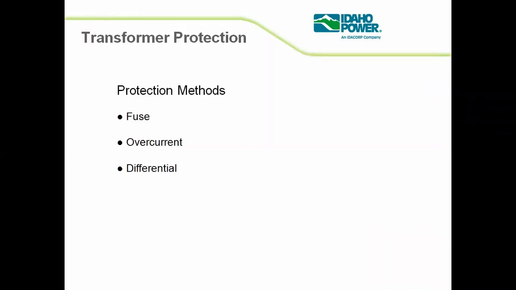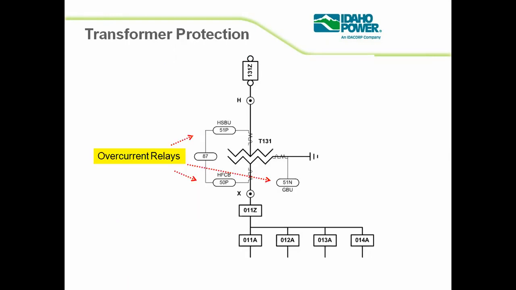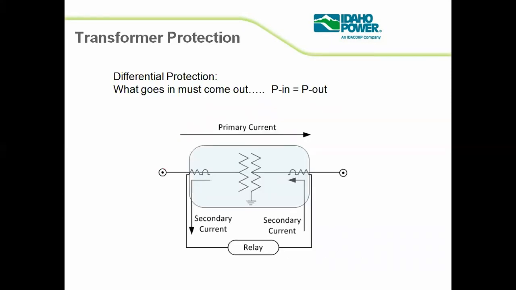Protection methods: what are the various protection schemes we can adopt in order to protect the transformer? We are using fuses, overcurrent relays, and differential relays. What do you mean by this fuse? What do you mean by this overcurrent relay? What do you mean by this differential relay? We will discuss that in coming lectures. Here you can see the transformer protection by using a fuse, a pictorial representation. These are all the graphs. Here we can use an overcurrent relay so that your transformer gets protected from overcurrent, and how this will happen I will tell you later on.